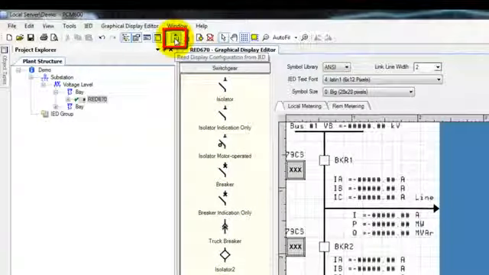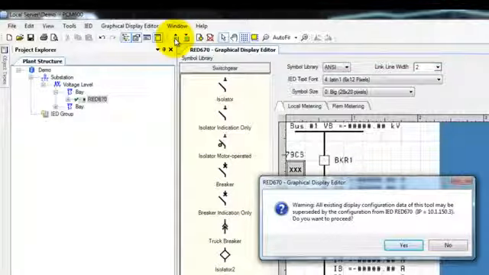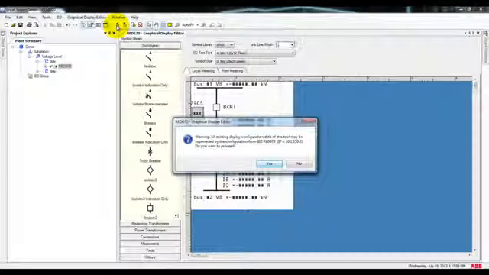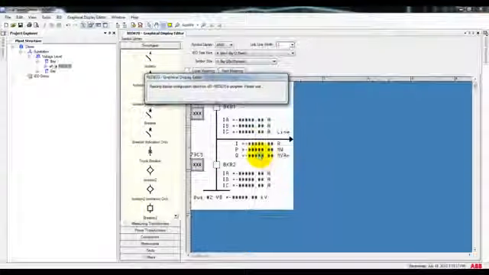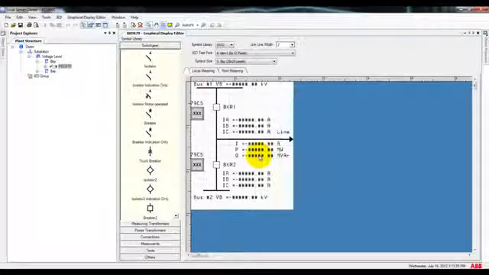So first we'll go to the Read Display Configuration from IED command. By selecting this command, we will read the display configuration data already stored in the IED. Once you read from the IED, it will overwrite the information that you already have on PCM, which is what we want to do in this case, so we'll select yes. Once PCM is done reading the display configuration data from the IED,